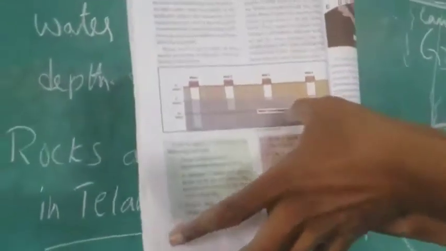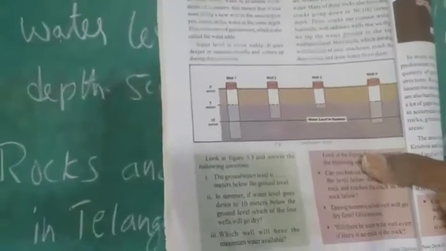You see now in the summer season what happens? The water level became this much. In the summer season the water level became this much, and now what happened? Well 2 and well 3, the wells will be dried. Well 2 and well 3, these 2 wells will be dry